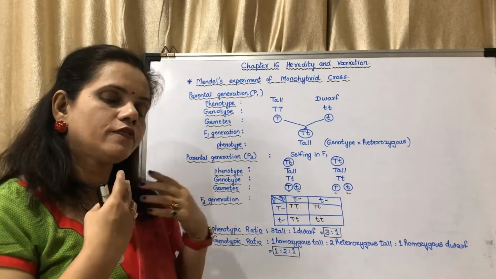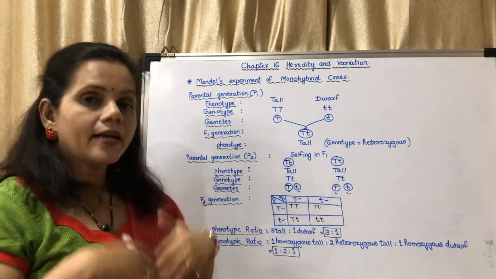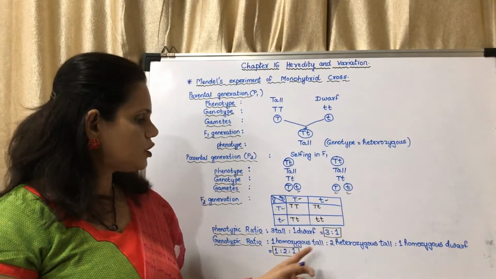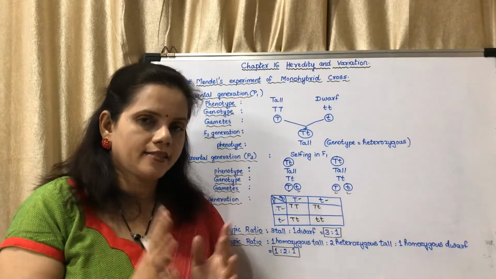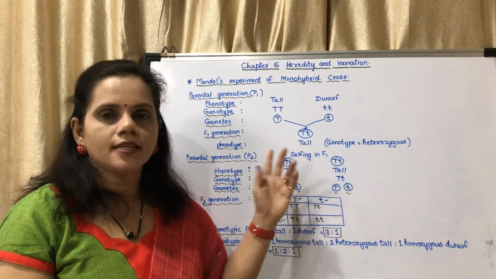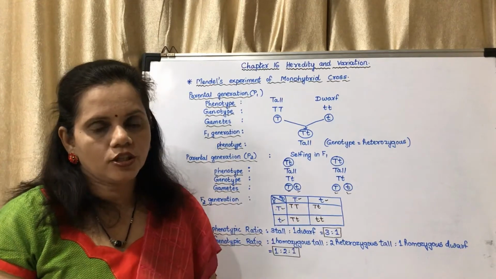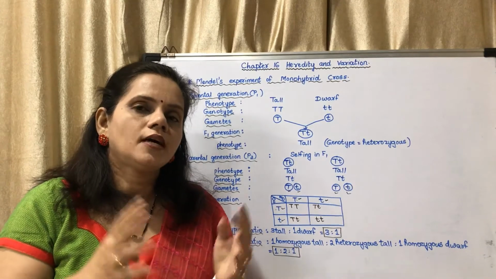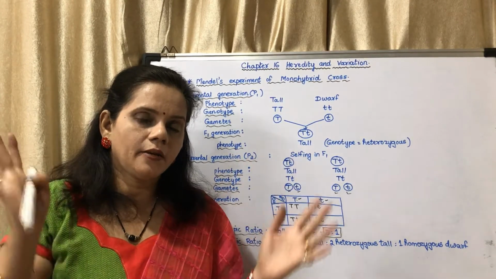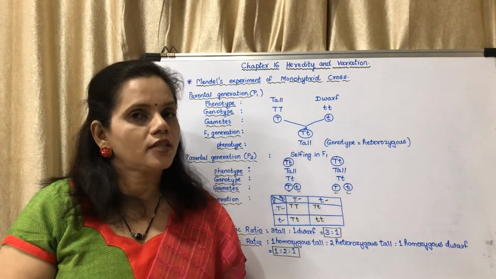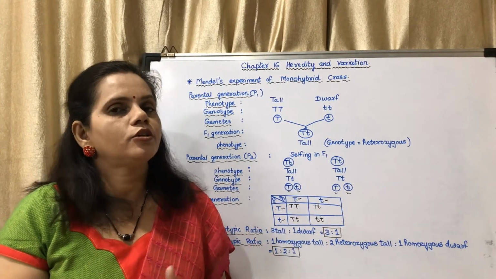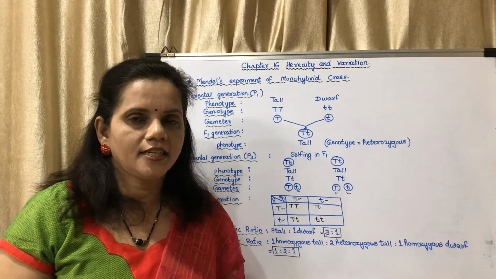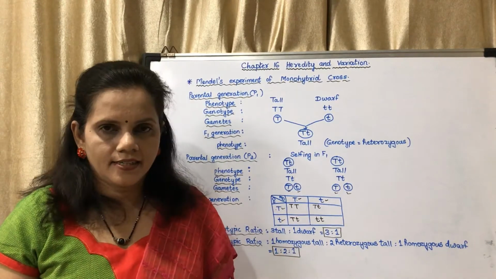Their next generation were all tall. Their next generation had one dwarf. That means this dwarf characteristic was hidden somewhere in this generation, isn't it? That is why it is shown in the next generation. In our case also, you might have observed some of the characteristics which our grandparents have, we have those characteristics. It might be due to this shuffling of genes, dominant genes and recessive genes.